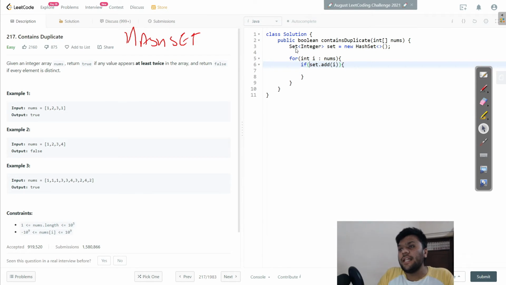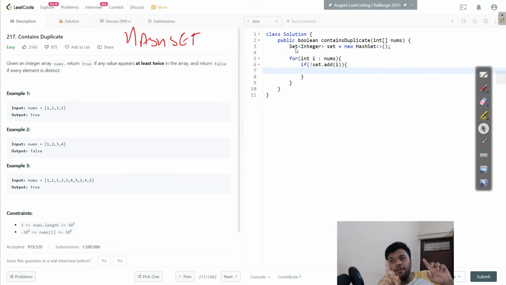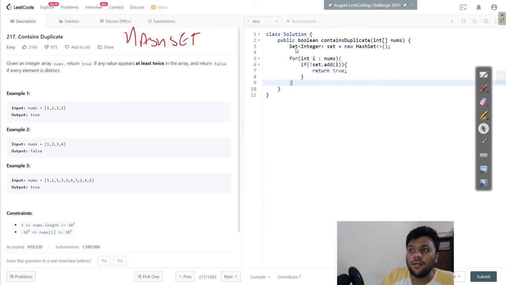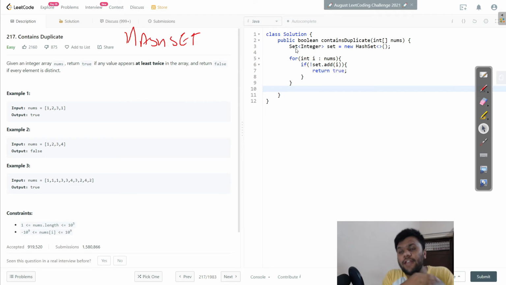Okay, so I'm saying if the value is already present in my set, like I have 1 present already in my set and I'm adding 1 again, then just simply return true for that. Okay, so we found it, because set.add does not add the value i. Otherwise, if we add all the values and don't find any similar one, I will return false. Alright guys, I hope this thing is clear.